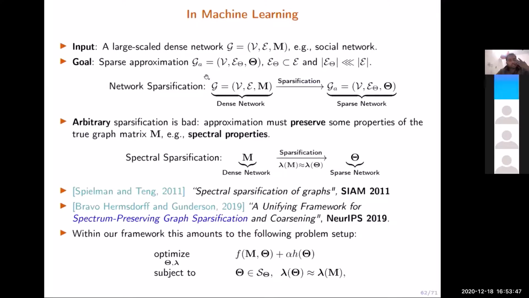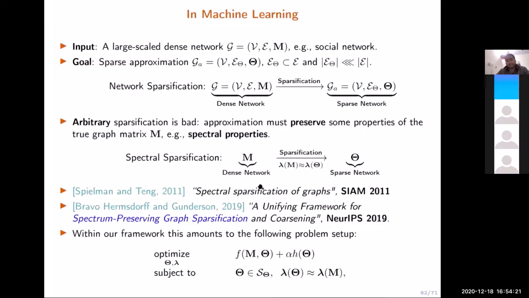but that approximation should not be blind. You cannot just force the Frobenius norm to be very close. That will destroy a lot of things that you actually want to capture. So they want to do sparsification, but at the same time ensure certain properties. They realized that the property that could be best ensured in both matrices is the spectral property. So instead of forcing M and theta to be close, they force the eigenvalues of those matrices M and theta to be close. They call this spectral sparsification.